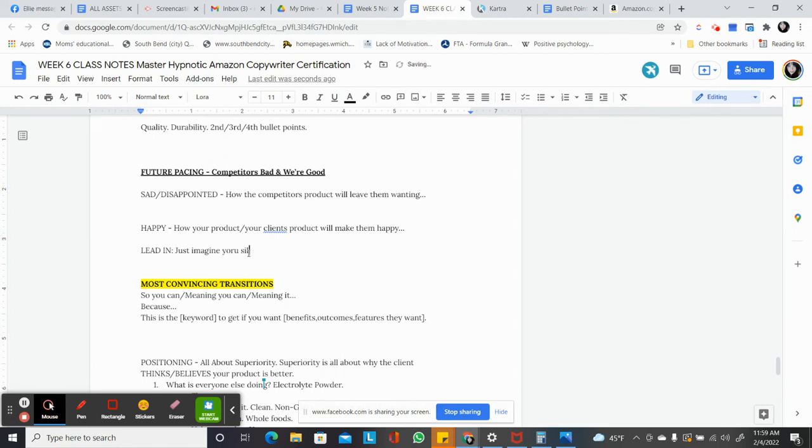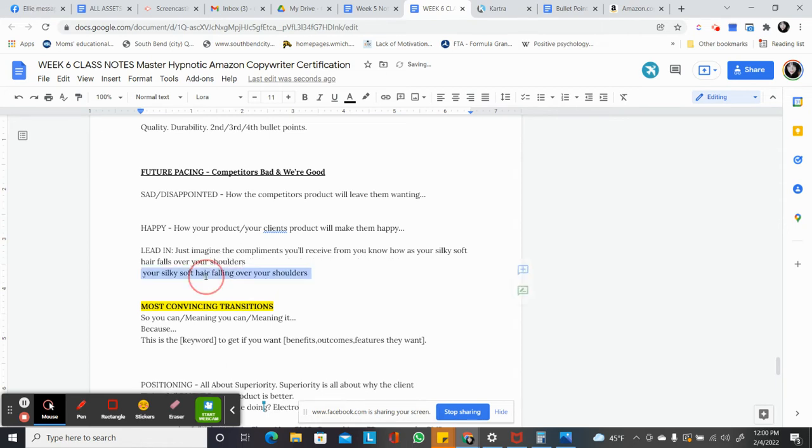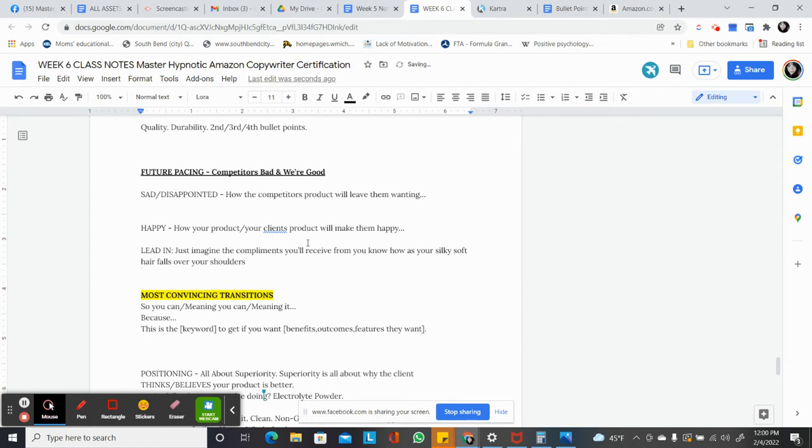your silky soft hair falling over your shoulders. Imagine the compliments you'll receive from you-know-who as your silky soft hair falls over your shoulders. Something like that. So what you want to do for future pacing is